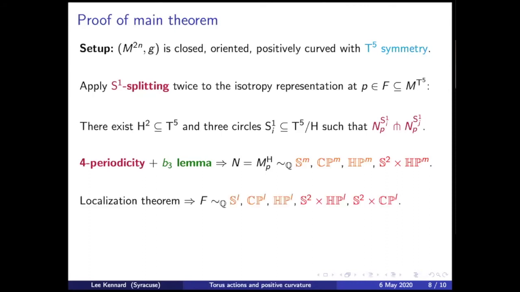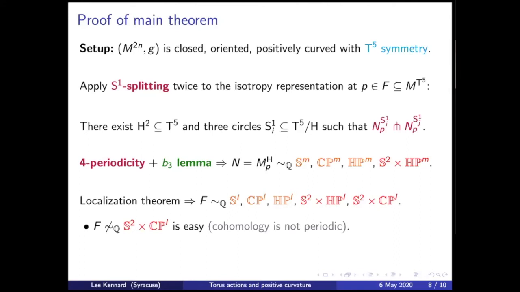What you can do using basic results from equivariant cohomology is you can push this information on Betti numbers down to the fixed point set. That's the easy direction to push this information. And it turns out that the fixed point components are one of these things. And by the way, the reason this comes up is for the same reason that if you have a circle action on HPN, the fixed point components look like HPN or CPN. Same thing here. So this is a statement. What this tells you is that the fixed point components look like they do for linear actions on these model spaces.